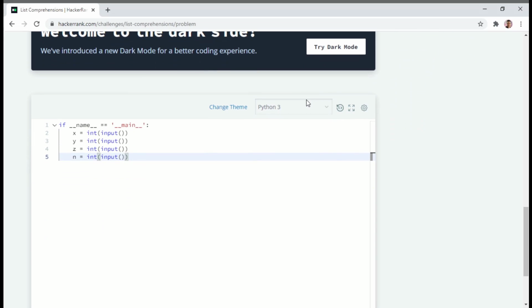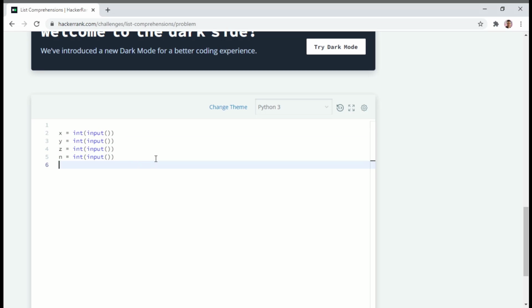We are going to write in Python 3. So I am removing the main function from here. So let's start with the coding. We first initialize our result variable, which is basically a list data type.